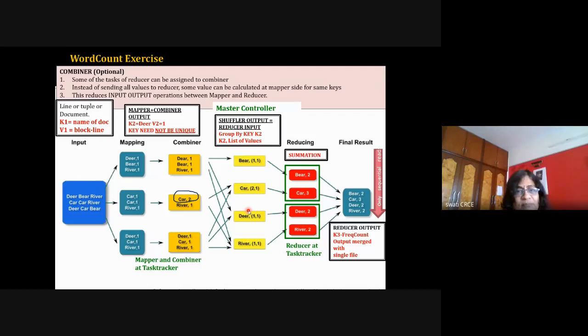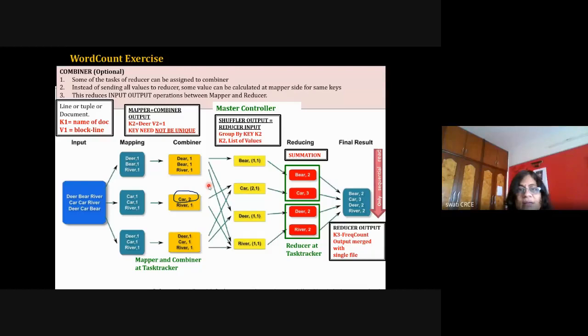But now the shuffling is done in such a way that you have a key occurring only once with the list of values. Suppose for this reducer the input is beer and car, so 2 keys. This reducer is taking 2 keys and working on them. Or you can assume that there are 4 reducers. Every reducer takes this input and does the job of addition. So the reducer just looks into the list of values and does addition. So 1 comma 1, 2 times, so 2, and it will make car as 3. So this way they are working.